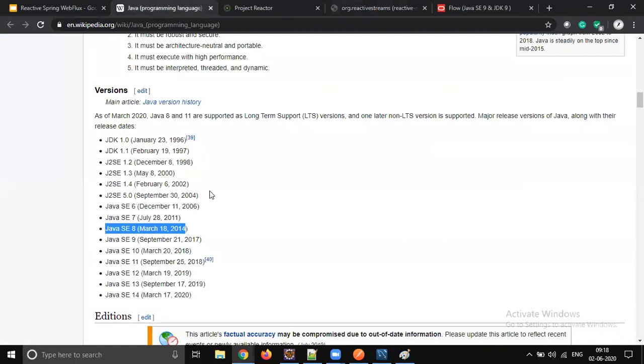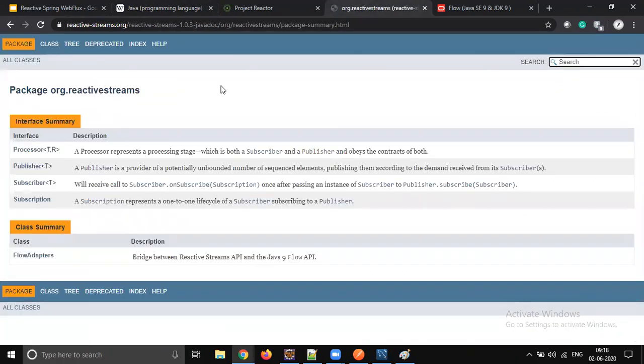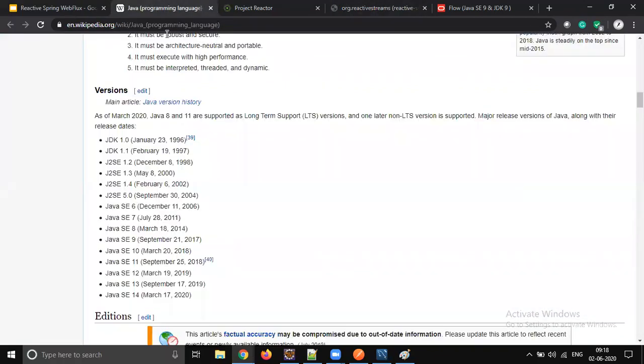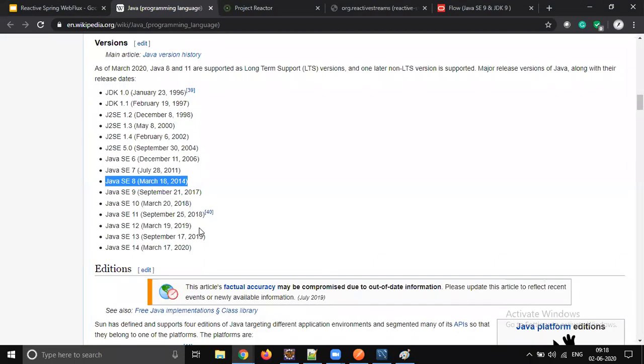They would have introduced these four interfaces, Publisher, Subscriber, Subscription and Processor, in JDK 1.8 itself; they were supposed to be part of the JDK, but that did not happen. If you would like to use Java reactive programming, the minimum Java version required is 1.9. But by using the third party library, we can use Java 1.8.